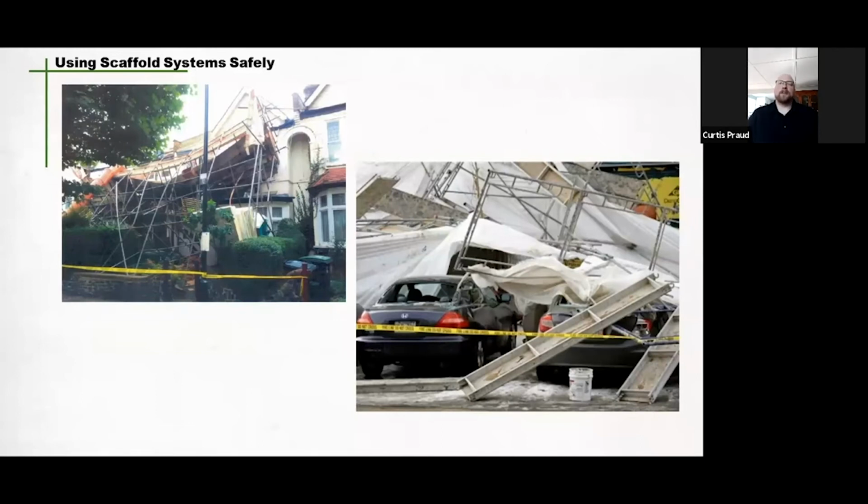One example is when a scaffold is covered in hoarding, an employer or contractor should ensure that all scaffold components and tie-ins are adequate to support the load that may be placed on the scaffold as a result of wind or weather conditions. So a lot of people don't know that. They just wrap a scaffold in hoarding and they don't tie it in at any points. You've now just created a